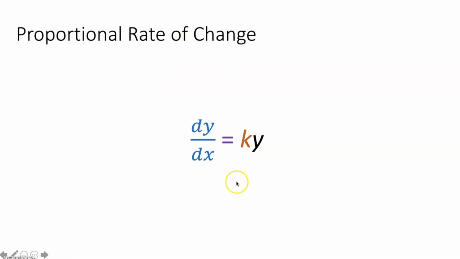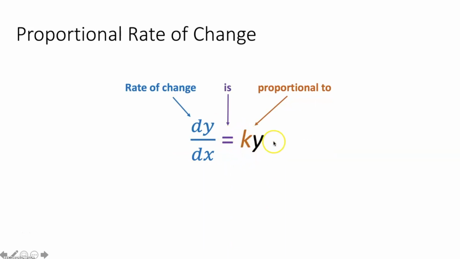First thing we're talking about is a proportional rate of change. So we've dealt with proportional rates of change before. It would just be a differential equation where you have your rate of change that is proportional to, that means equals k times, and then some expression in terms of your variable that's in your rate of change over here. Now today specifically, we're dealing with a proportional rate of change where the rate of change of y with respect to x is equal to k times y itself. Now this differential equation right here is broadly applicable, and it, along with its general solution, can be very helpful in determining population growth and radioactive decay, and we'll show you that later on.